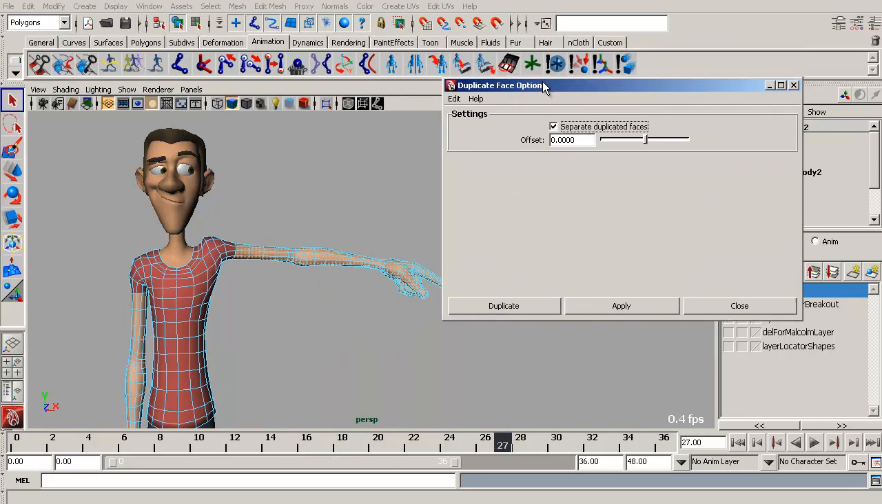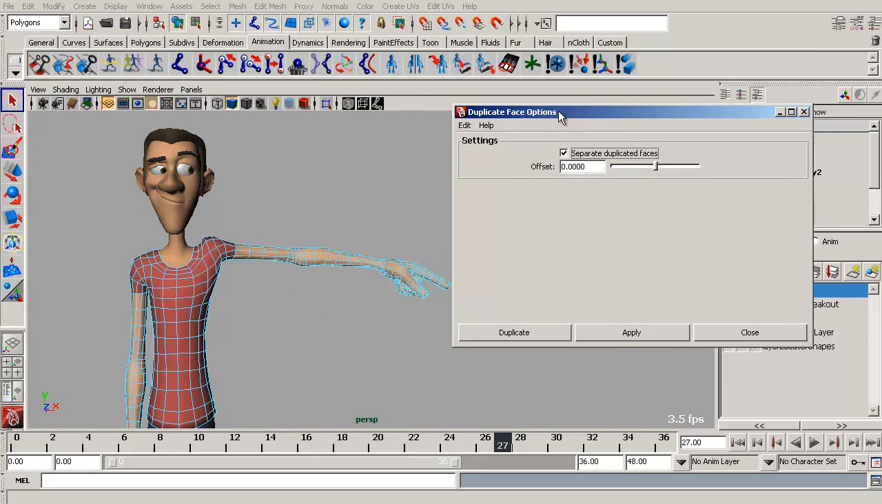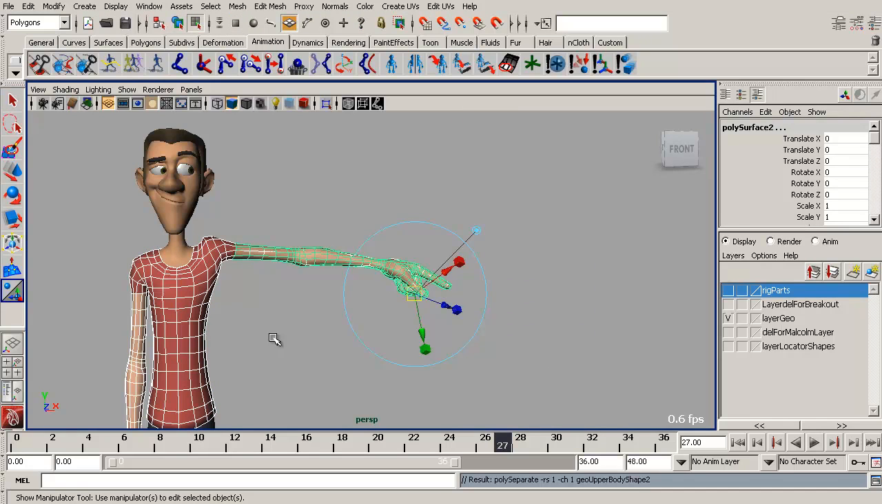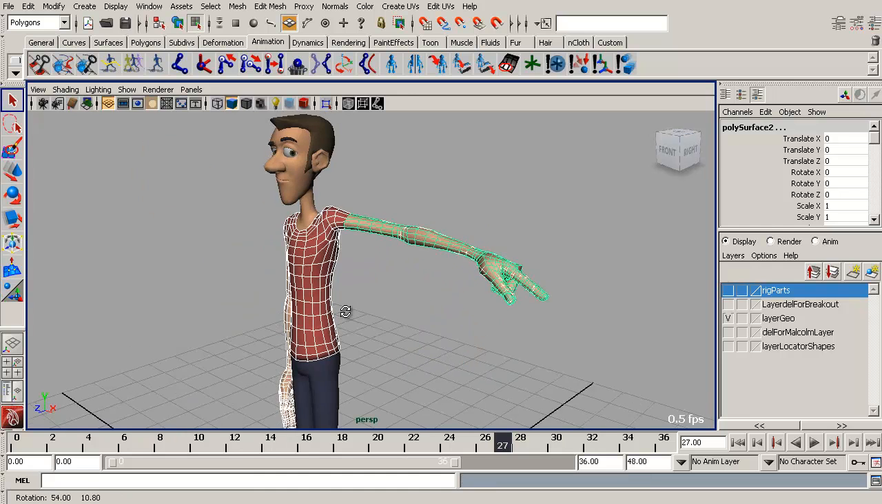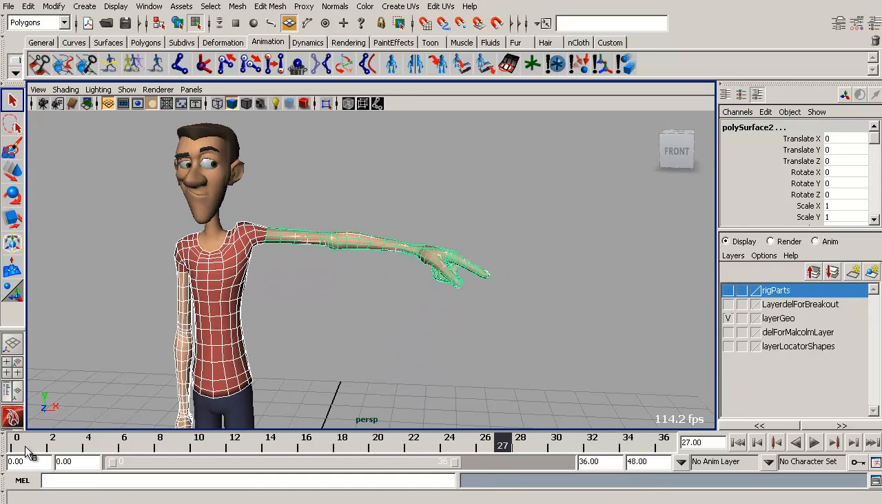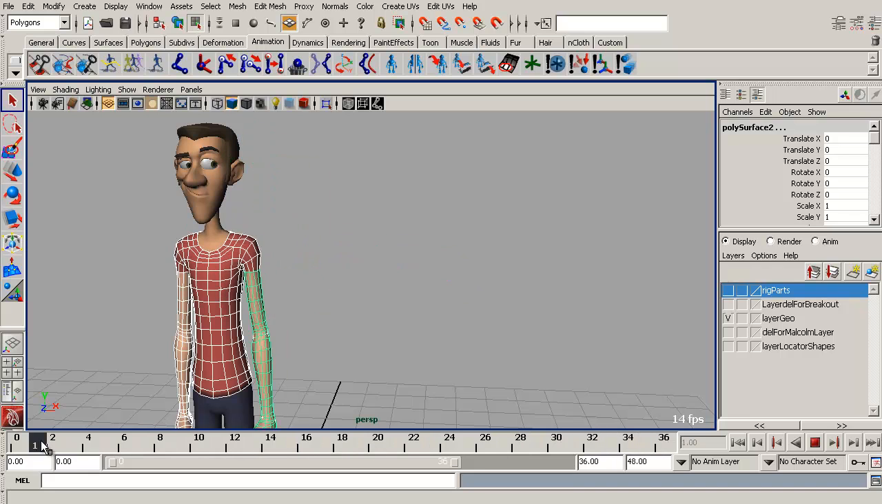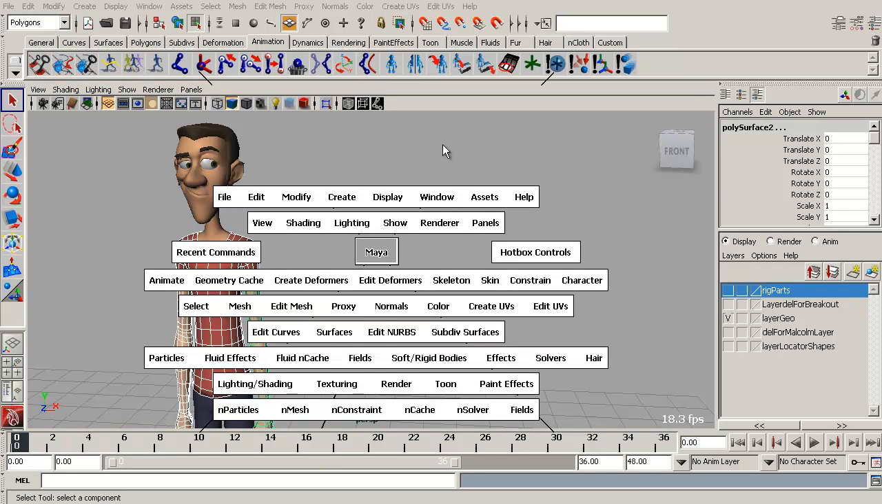Open up the option box and make sure that we have separate duplicated faces selected, and we'll leave the offset at 0 and just hit duplicate. Exit the manipulator. Scrub through the timeline to make sure the duplicated arm is inheriting all the proper deformation of the original body geometry. And next we will open up the outliner,